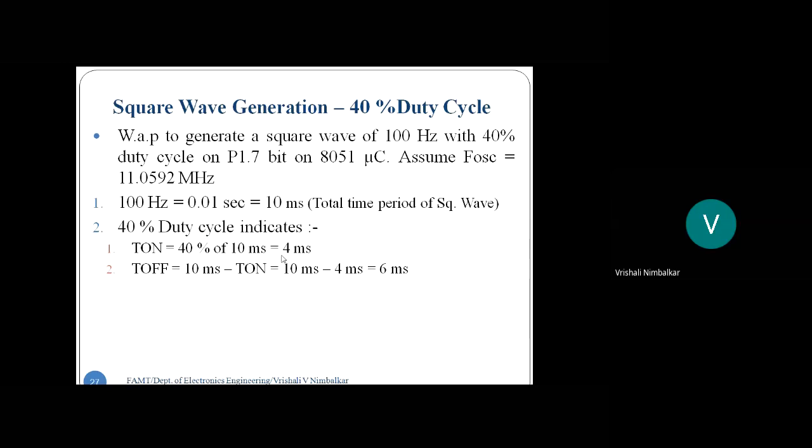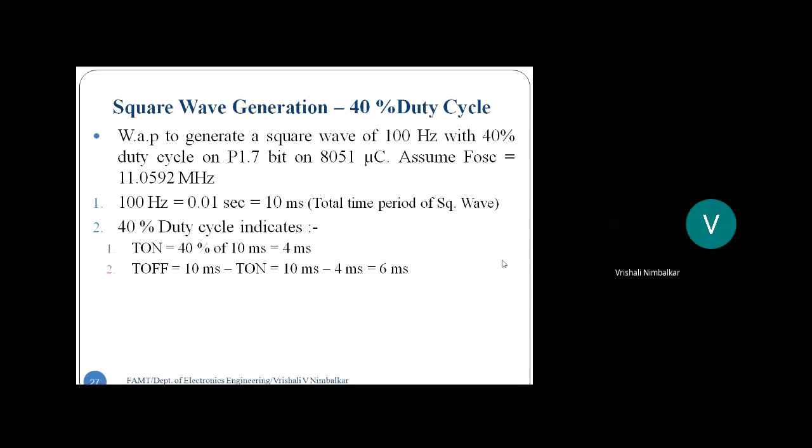Now here, the on time is different and the off time is different. In the earlier program, 50% duty cycle, so 0.5 millisecond on time, 0.5 millisecond off time. Here that is not the case. Here the on time and the off time are different, and these time periods will be generated by timers. Okay, students. So now, see again, 4 milliseconds, 6 milliseconds. The delays are different. So it is always more appropriate to use mode 1.